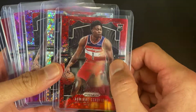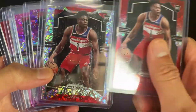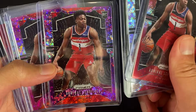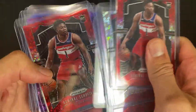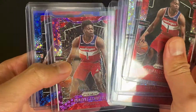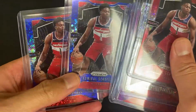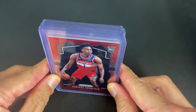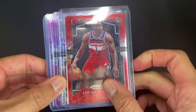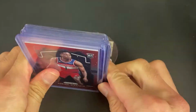So we've got a Fast Break lot, and that's with the Prism to 125, a Fast Break Disco, purple Prism to 75, Fast Break pink to 50, normal Fast Break again to 125 to 75, and two blues to 175. So I got that lot for $25 Aussie. Hopefully we can get a bit of a quick flip there and turn that over, but numbered cards of Admiral Schofield, I know there's a few Admiral Schofield collectors out there,